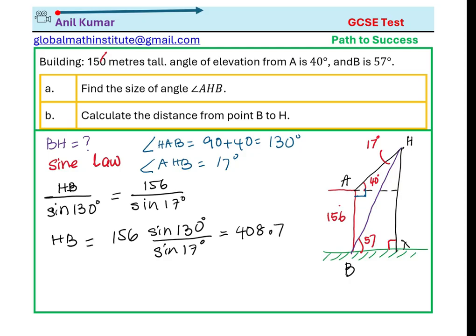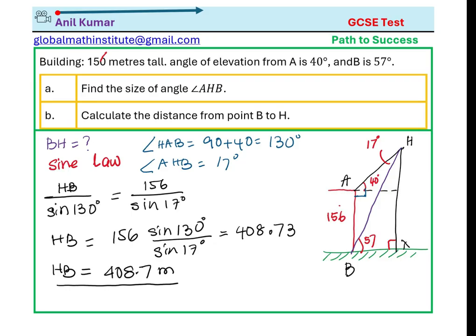408.73. So B to H is 408.73. So we can approximate this as, because this height is in meters, 408.7 meters. Is that clear to you? So simple. Once we find that angle, use sine law. Correct? Now let's